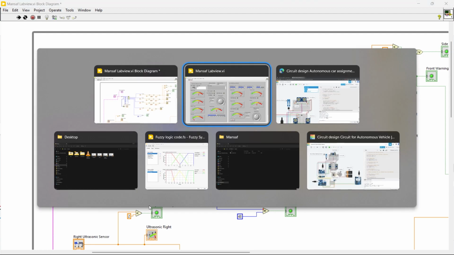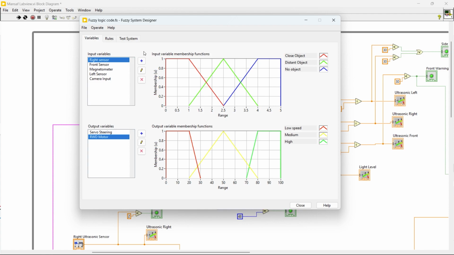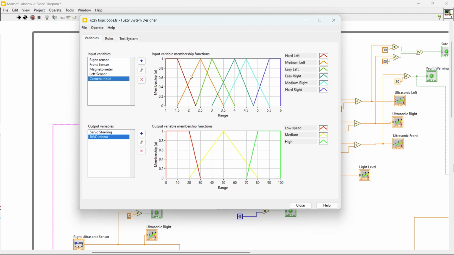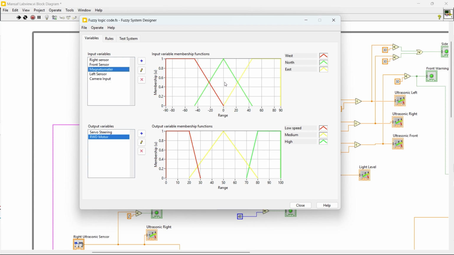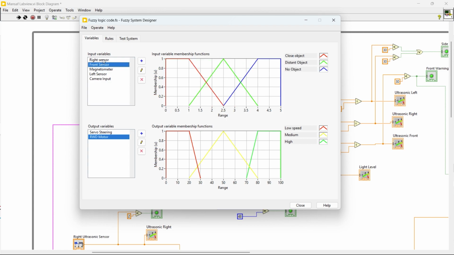Now we will get into the fuzzy logic. So here, the variable part, we have included the right sensor front and front sensor. In this variable tab, we have inputted the variables: right sensor, front sensor, magnetometer, left sensor, the camera input. For camera input, we have used 6 membership functions, which are 3 for left and 3 for right. Similar way, we have 3 membership functions for the magnetometer and all other